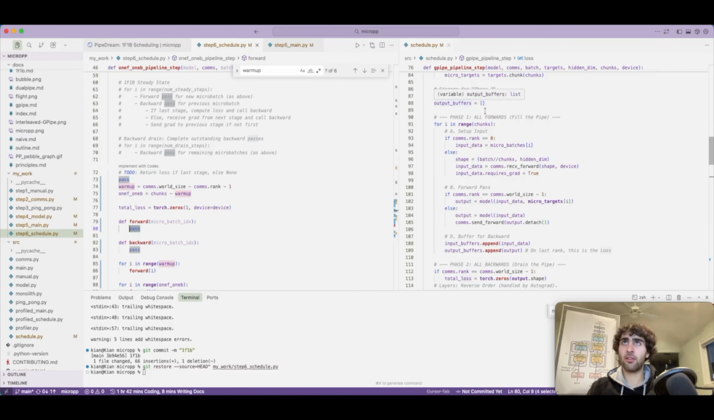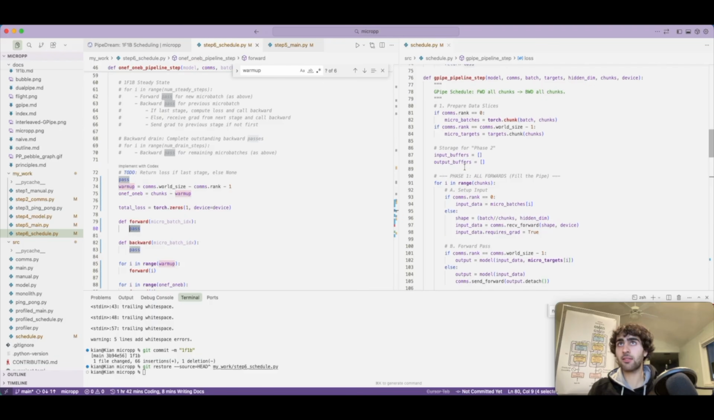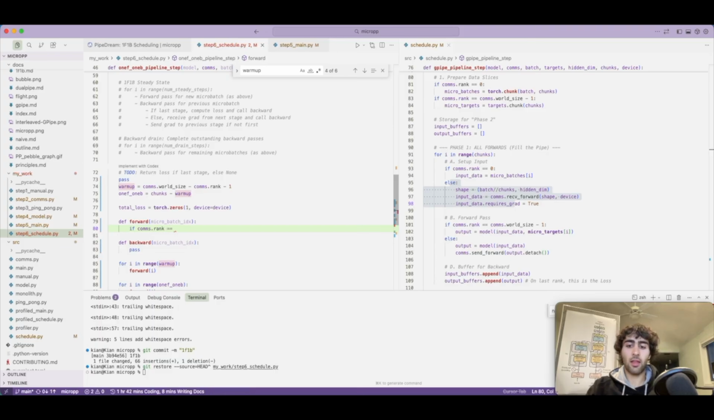So just as a reminder, during the forward pass, we first set up the input. This is to say, if we are on GPU 0, then we will get the micro batch from our micro batches list. Since this list only exists for GPU 0, otherwise we're just going to receive from the previous GPU. So coming here, we're just going to do if comms.rank equals 0, then we will say input data